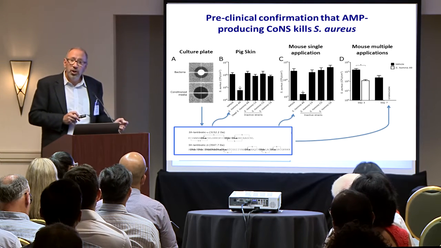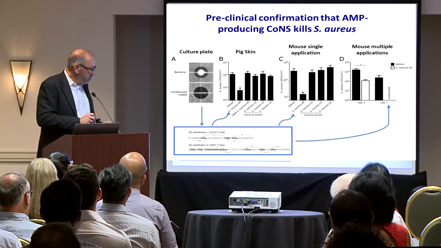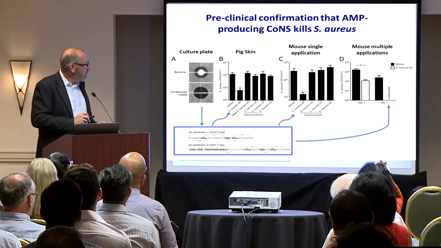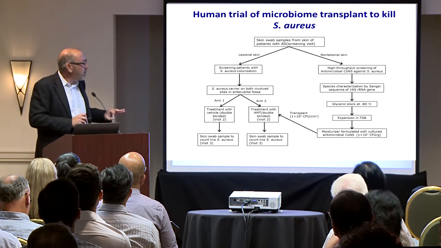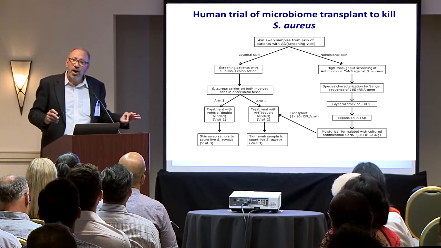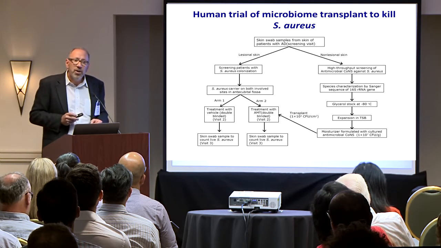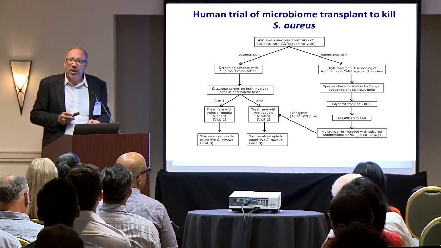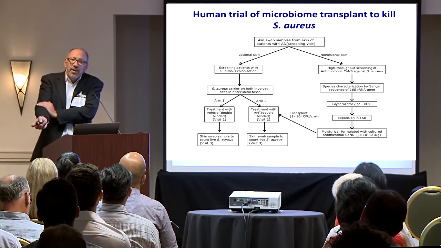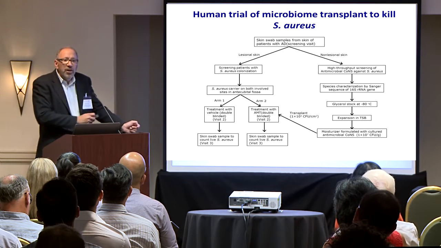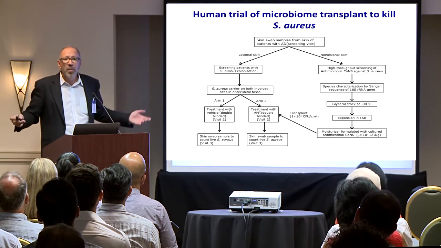So this looks pretty good. There's a nice commensal safe strain, we believe, Staph hominis. We designed a clinical trial. For sake of time, I won't go through it, but essentially the first trial was just to take our Staph hominis, put it in an over-the-counter cream that didn't kill it right away, and smear it on atopics on one arm, put the vehicle on the other arm, just put it on once, and go back the next day